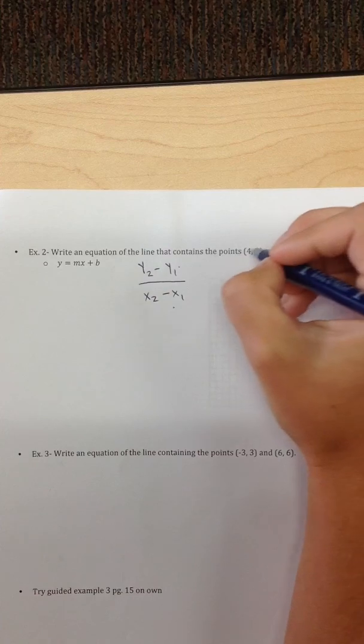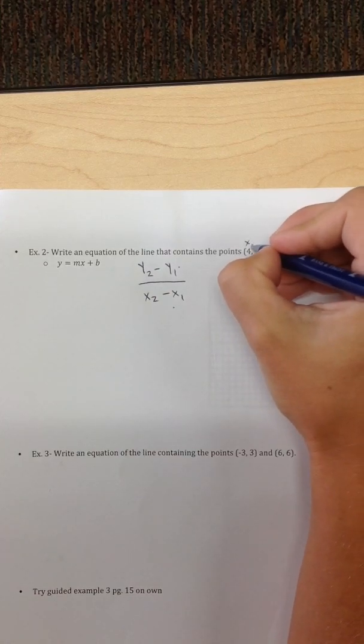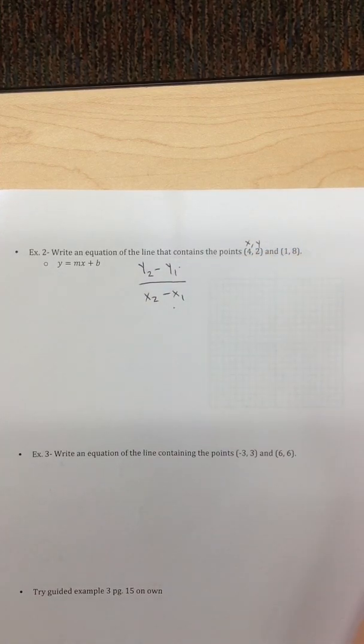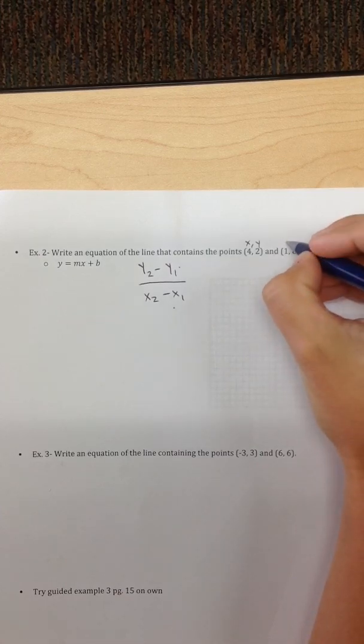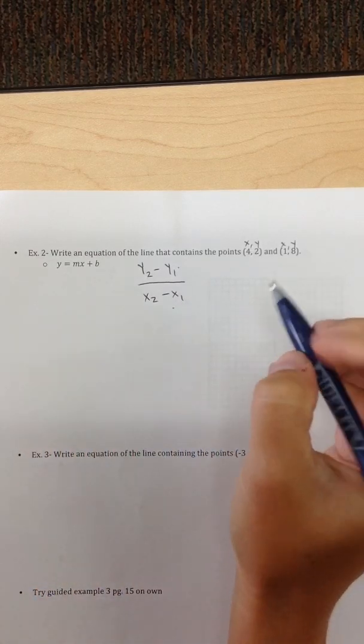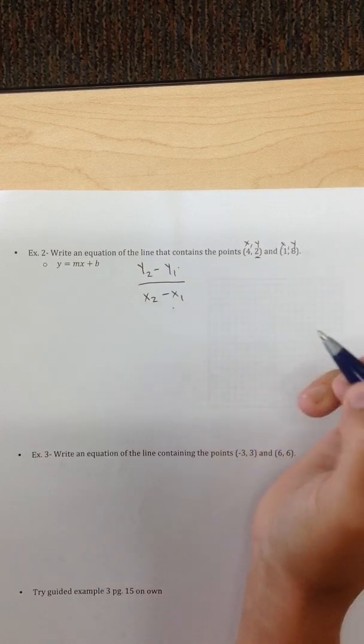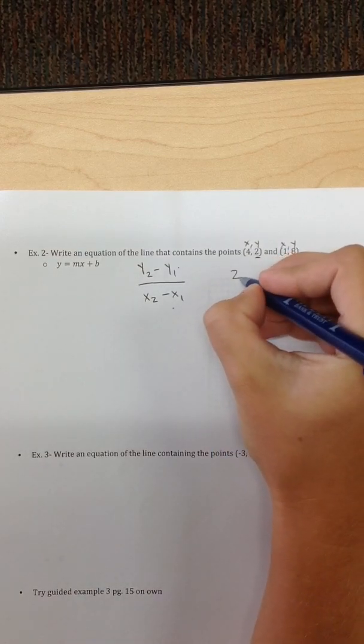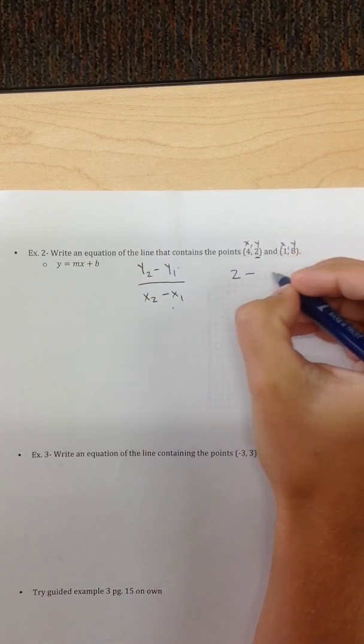Okay, so our ordered pairs here, we got (4, 2), 4 is the x, 2 is the y, and then (1, 8), 1 is the x, 8 is the y. Okay, so if I plug that in, y minus y, so if I pick this y first, 2, then I'd do 2 minus my other y, which is 8,